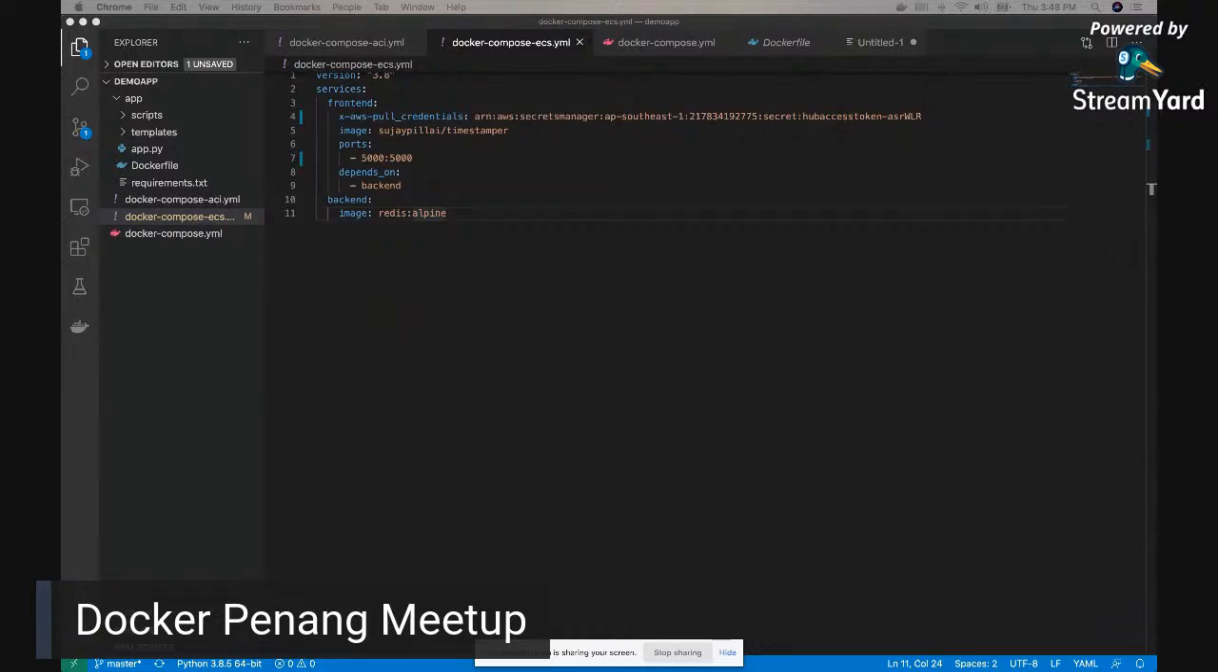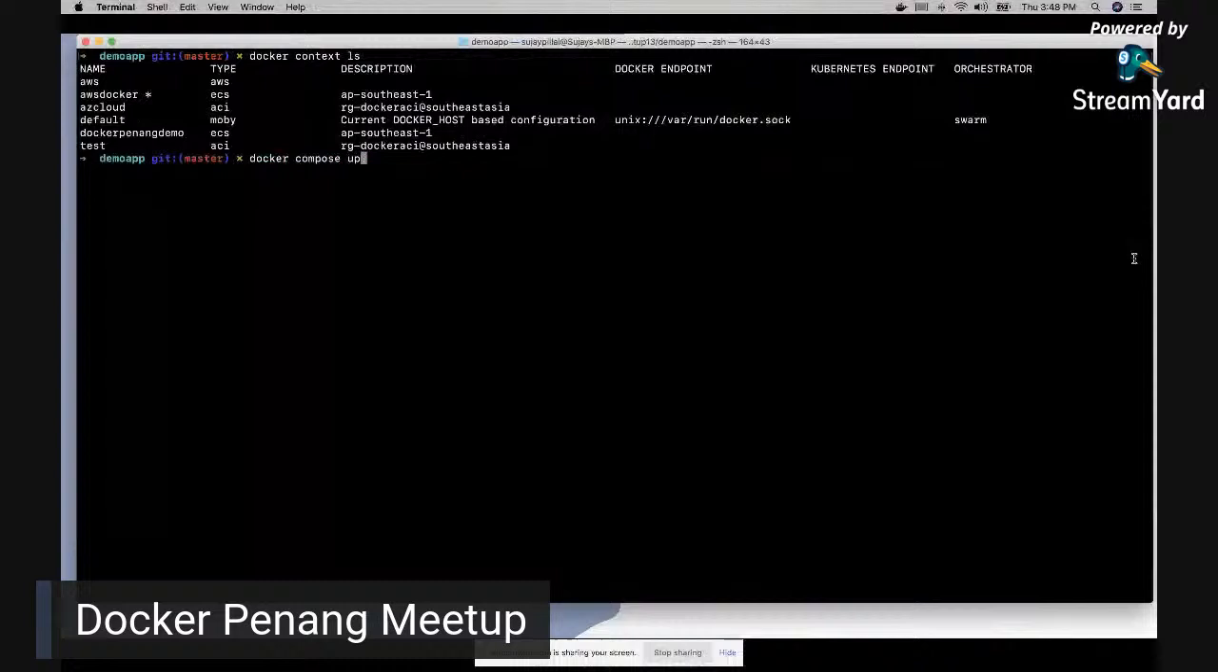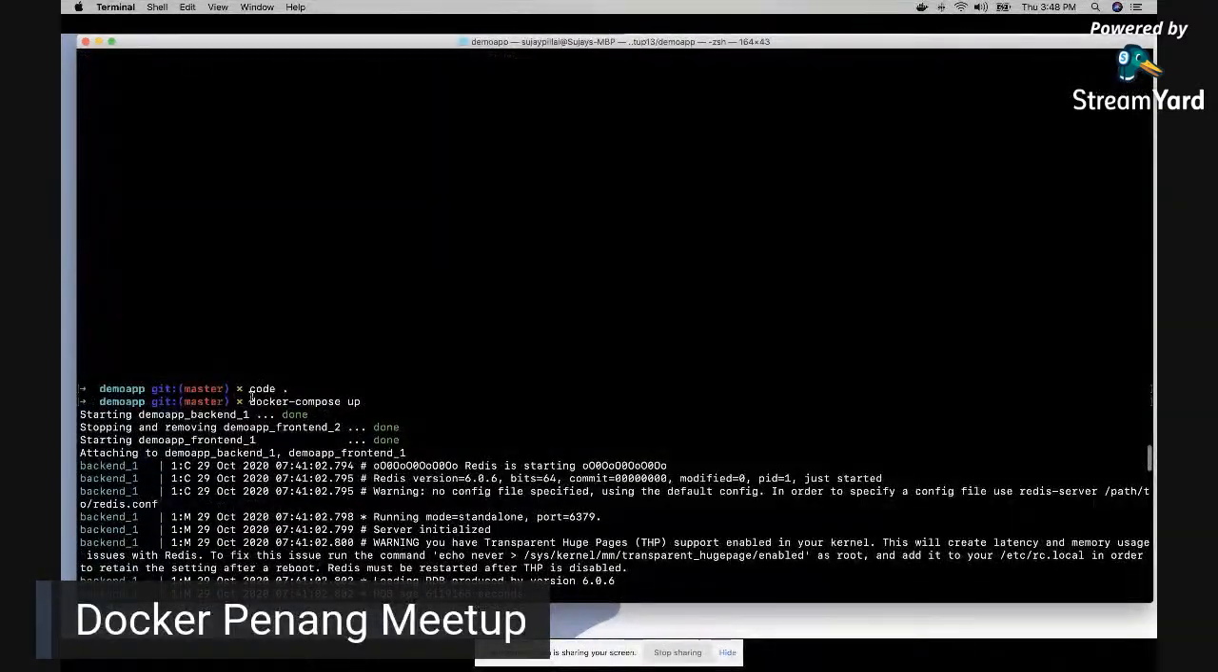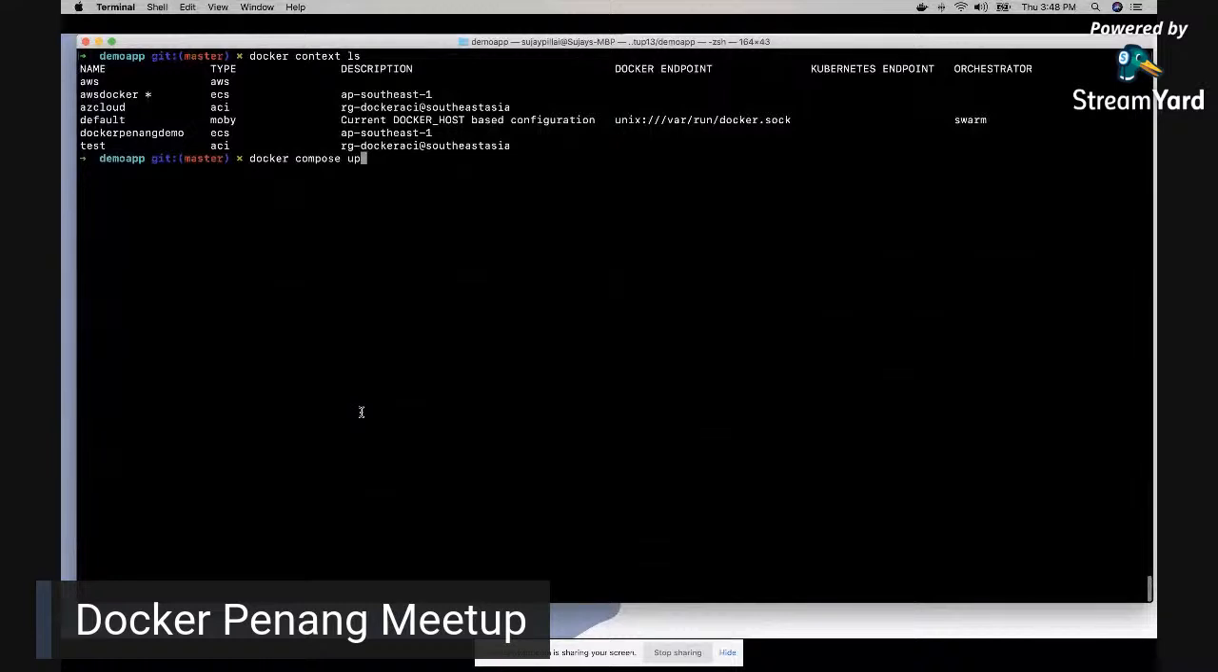Let me switch to my terminal. The first command I executed on my screen to bring up the application was Docker Compose up. But when you switch your context to AWS or Azure, you need to make sure that you are not using the old CLI, because we are using the new spec for Docker Compose, and it is a standalone command now. So Docker Compose up,